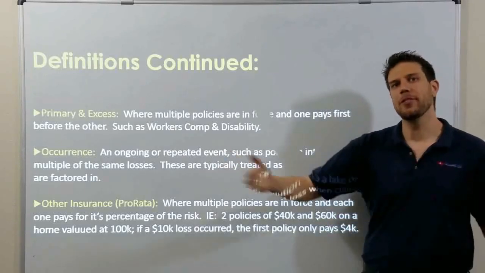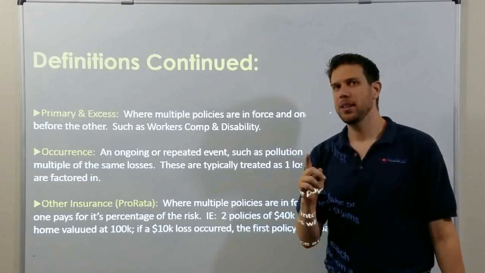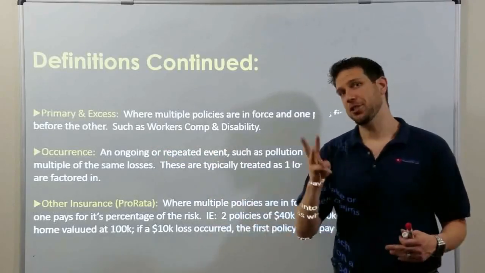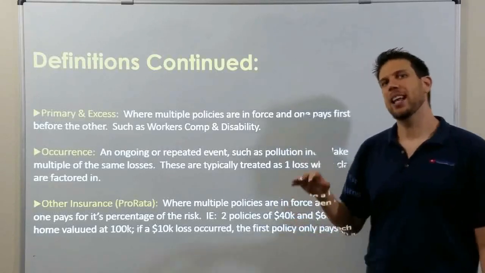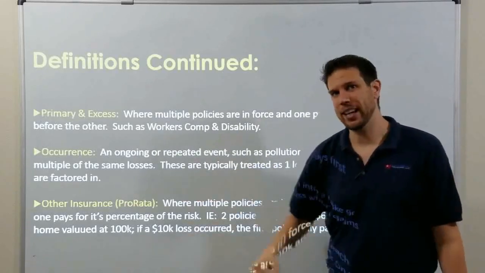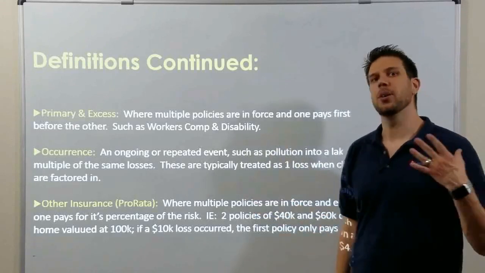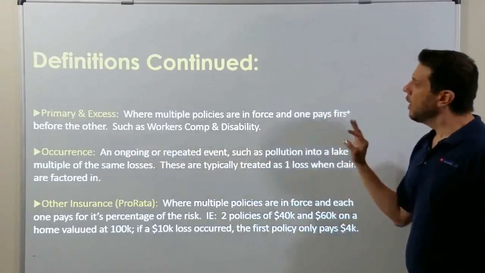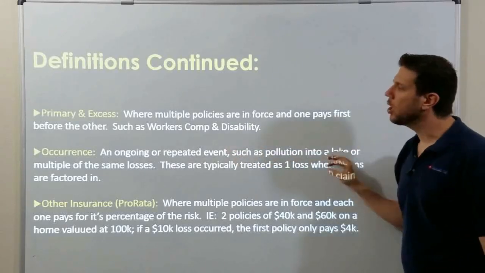An occurrence, which we talked about previously, is something that occurs over time. It's an ongoing event or a repeated event. So like one volcanic eruption is 7 days. That's one occurrence. One earthquake is 3 days. The way I remember the two is that lava moves slow, so it's going to take 7 days to take out your house. Whereas earthquakes occur rather suddenly, so they only get 3 days. That's still one occurrence. Again, deductibles are paid out per occurrence.